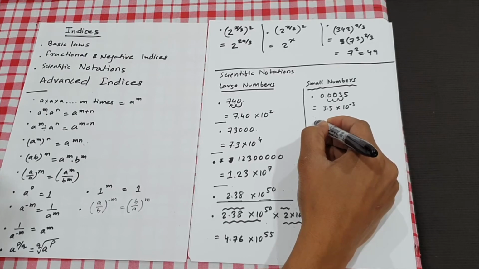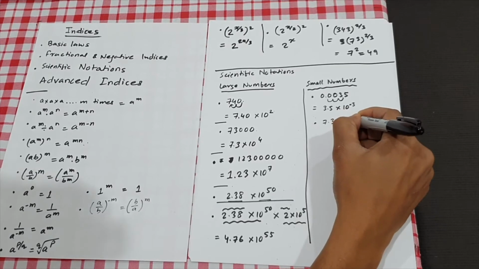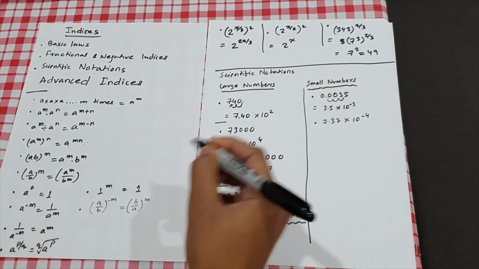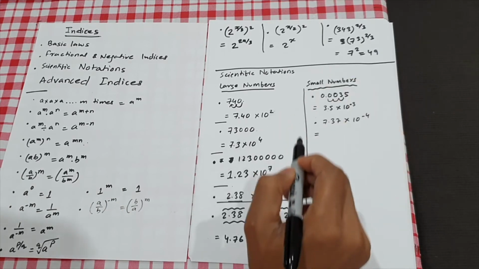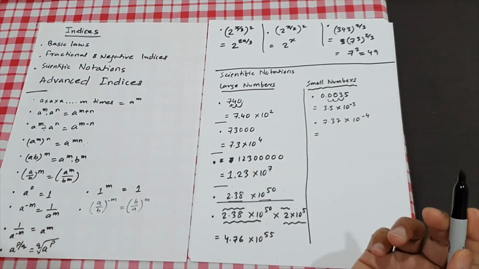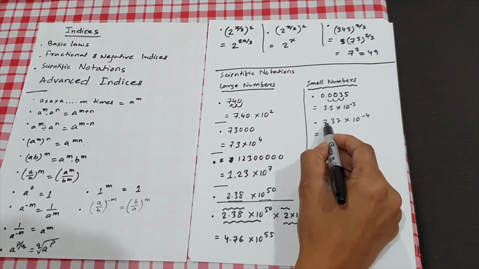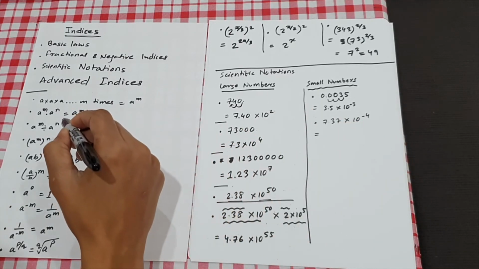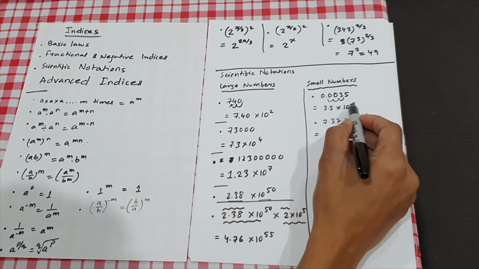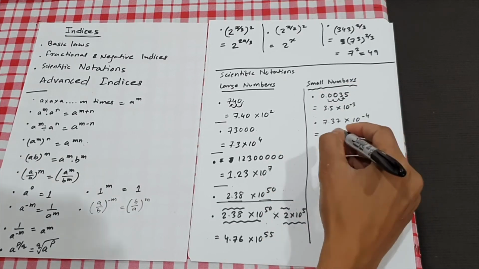Now if someone tells us, how do we write 7.37 times 10 to the power minus 4 as an ordinary number or standard notation? Because the index is negative, we know it's a small number, so you'll have a lot of zeros before the decimals. So we move the decimal 4 times. When we were creating this, we were moving towards the right. Now because we are removing the negative sign, we have to move towards the left.